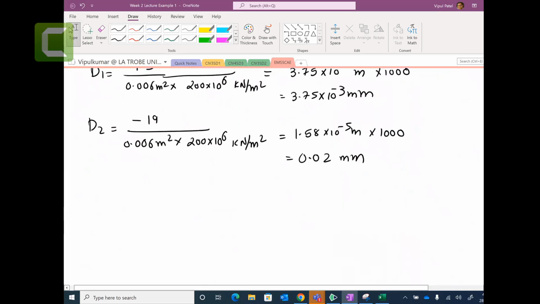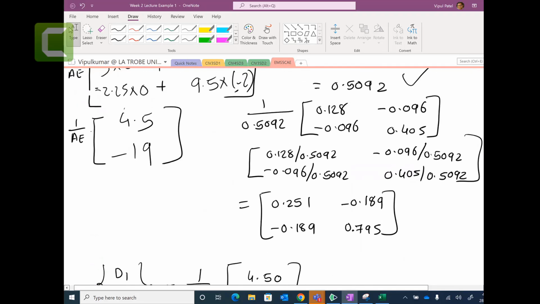Excel can do the matrix inverse in 1 second, for a 3 by 3 matrix or 4 by 4 matrix. But I think by hand, you also need to know how to do it. I will show you if I get time at the end. So